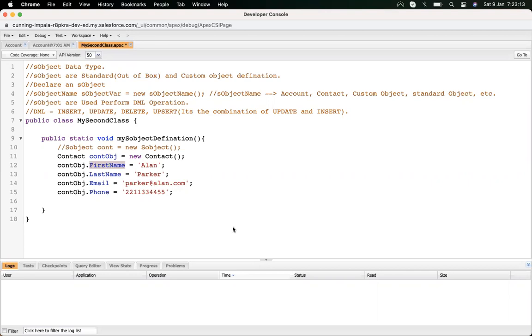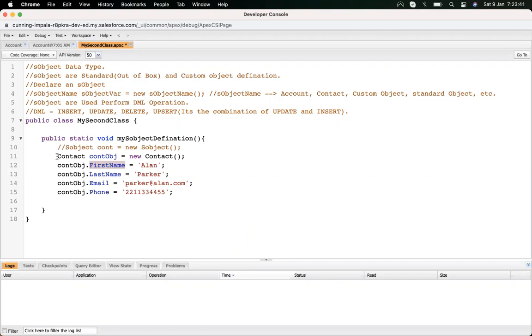So whenever we need to create a record from any of the objects, whether it is a contact, an account, or a custom or standard object, we need to first look at its definition. Definition means what fields it contains.